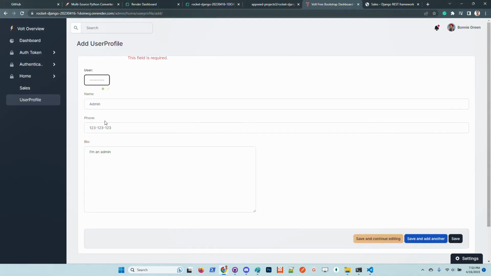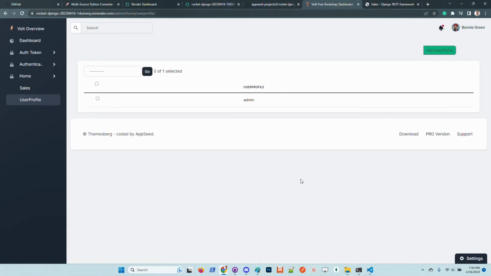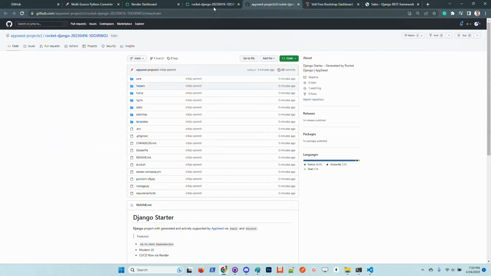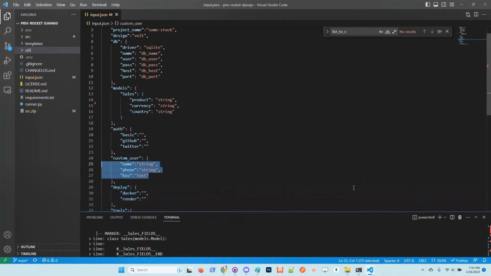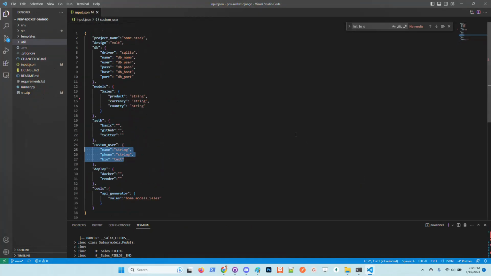Okay, so we have the extended profile for admin. The product is up and running. The source code is pushed on GitHub, so looks good in my opinion. Okay, let's go back to the input and just generate another application. But first,